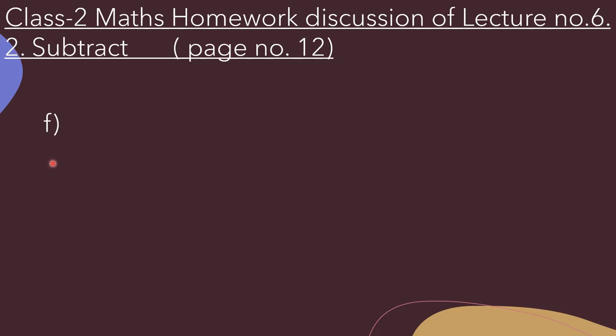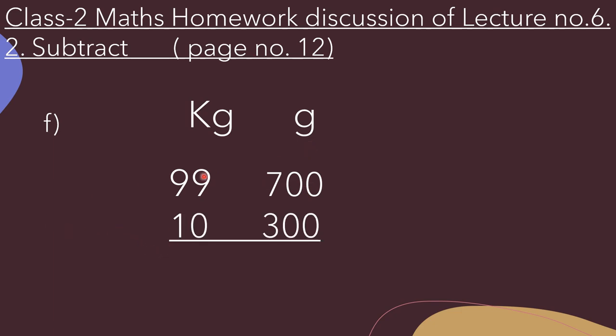Now in F part, here again kilogram and grams are given: 99 kilograms 700 grams, okay, and we have to subtract 10 kilograms 300 grams, so we will put minus sign here. 0 minus 0 that is equal to 0, 0 minus 0 again 0. 7 minus 3, so here keep 7 in your mind and open your three